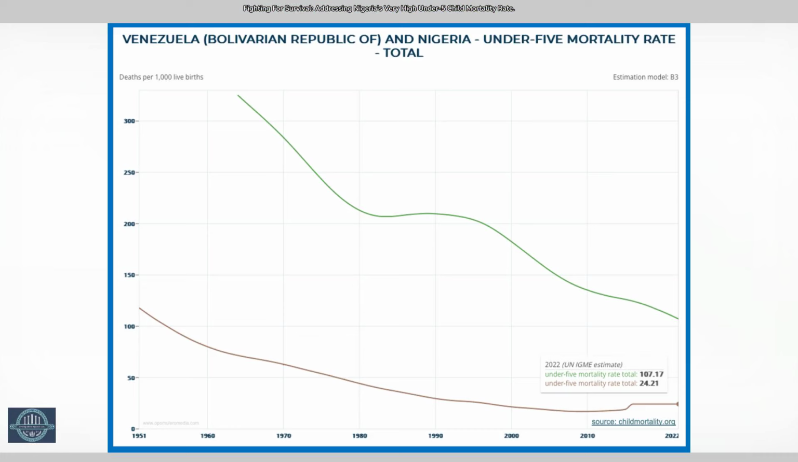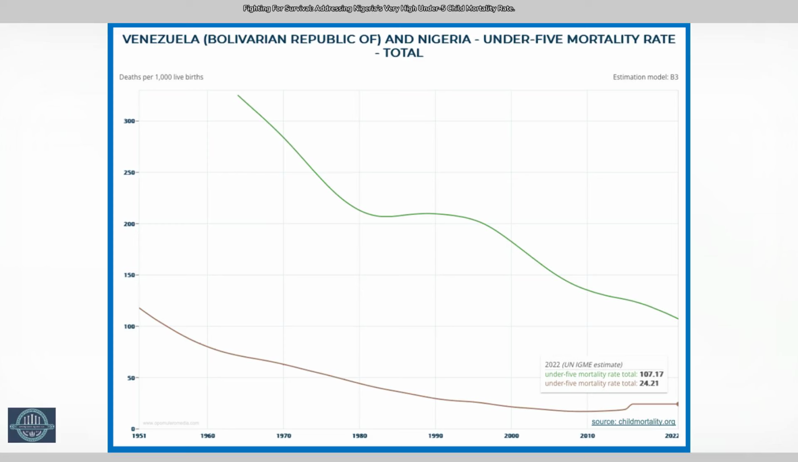On your screen is a graph of the under-5 mortality rate in Venezuela, brown color, lower graph, and Nigeria, green color, upper graph. In 1970, the under-5 mortality rate in Nigeria was 284, and in Venezuela it was 63. In 2022, 52 years after, it was 107.17 in Nigeria and 24.21 in Venezuela. This highlights the tremendous work that the healthcare sector in Venezuela has done in reducing under-5 mortality rate and meeting